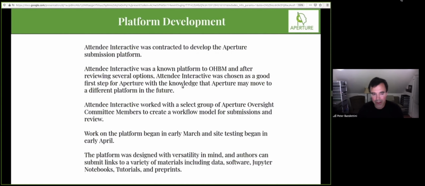Not many other journals have done this type of work. We're also trying to figure out how best data and code will be reviewed. Of course, it's very different from reviewing a paper. It takes a certain amount of expertise, and that will be worked on.